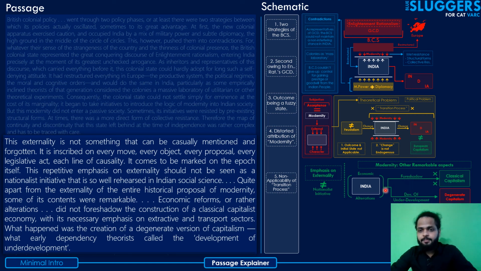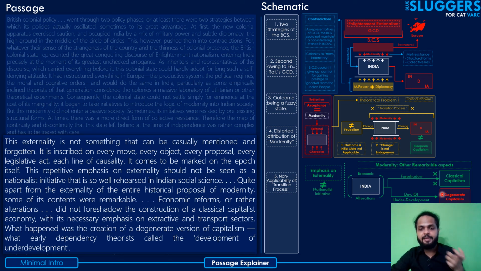Rather, it resulted in a degenerate form of capitalism. So the economic alterations made by the Britishers in the Indian context at that point of time did not lead to a classical capitalist economy, which may have been at least to some extent a positive outcome, but rather led to